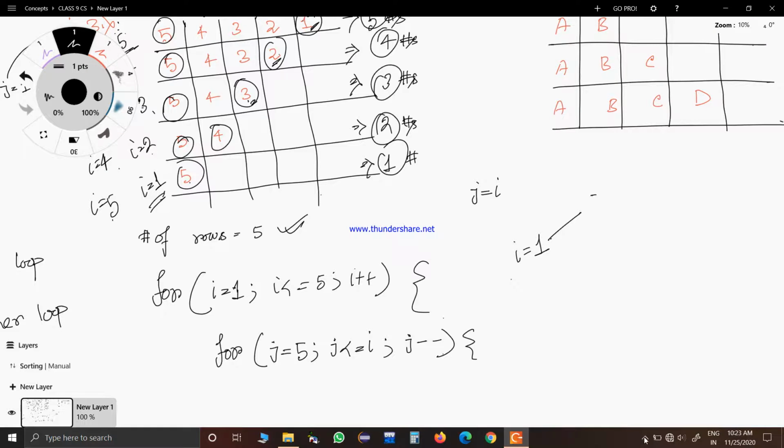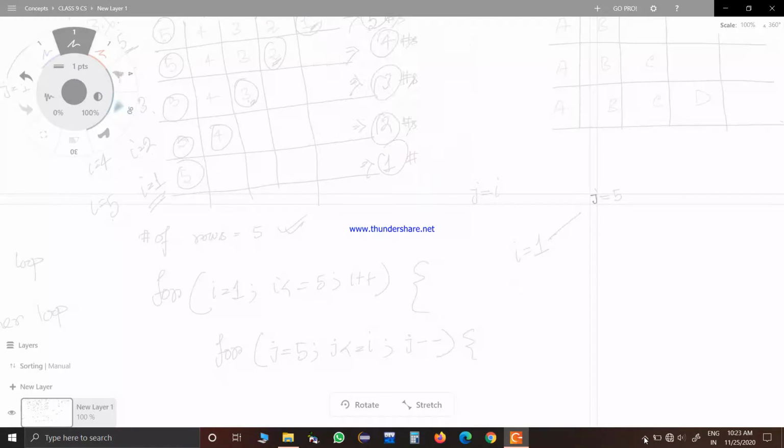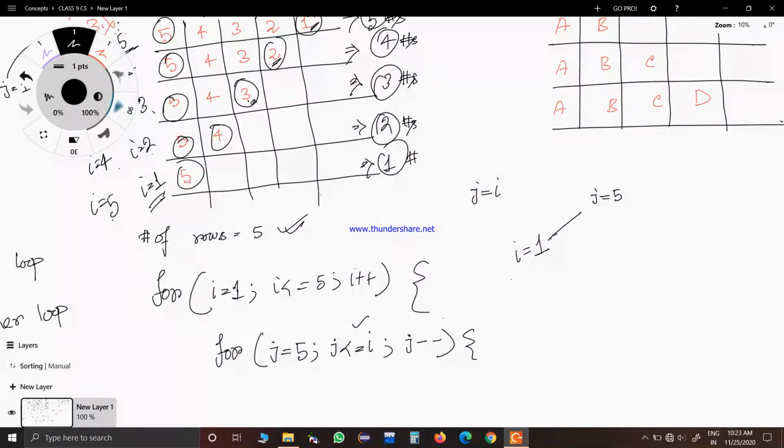Because for j equals 5, it will execute, and then the condition is still true. So j becomes 4. The condition is still true because 4 is less than or equal to 1, I value is 1, j value is 4. So 4 less than or equal to 1 is true.